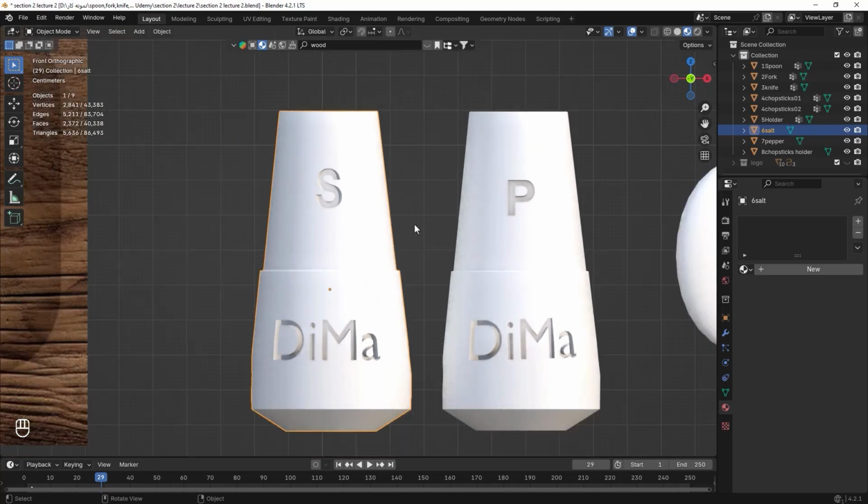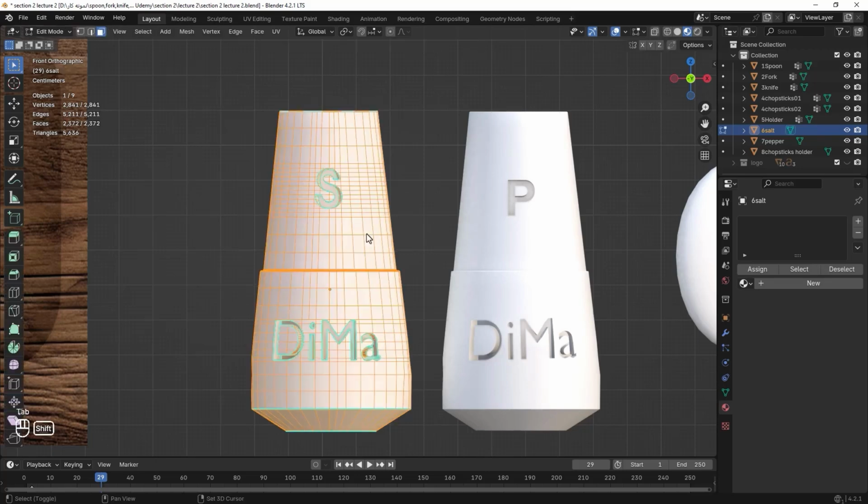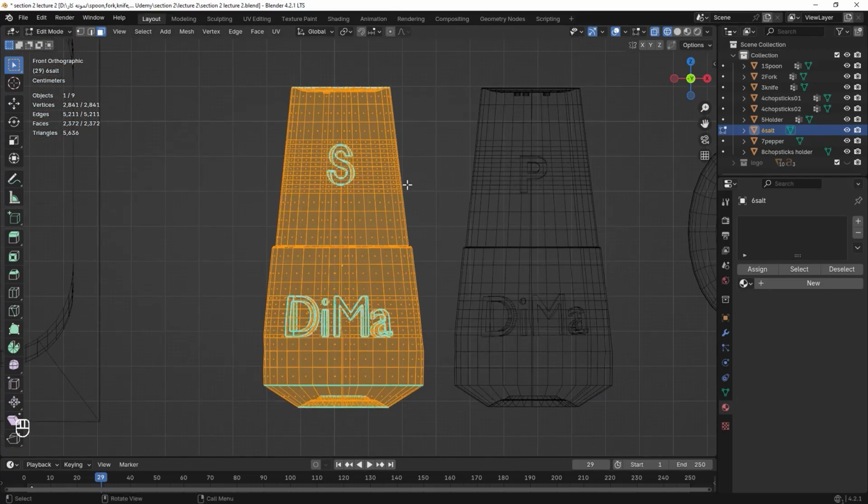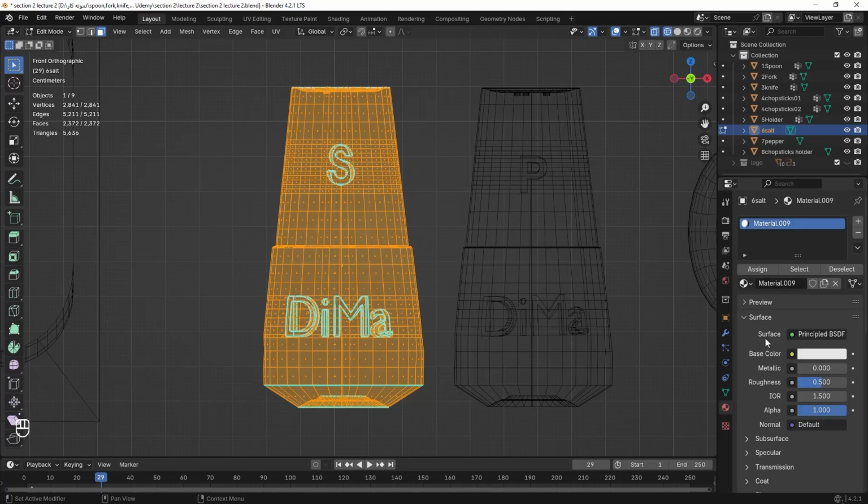I select the salt and enter edit mode and activate wireframe mode. So I select all faces with a box, and the next click material properties, and I create a new material and change base color to the